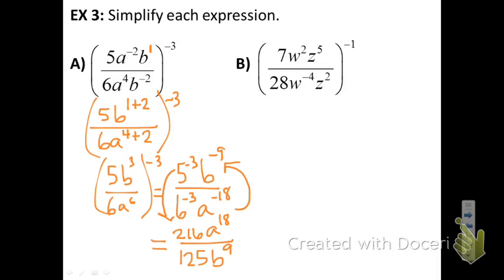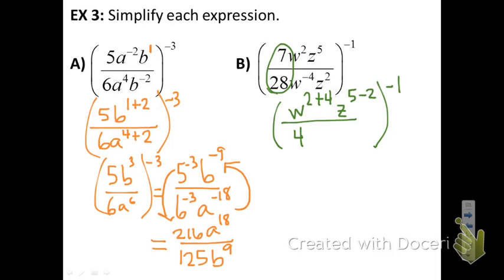Okay, again, we're going to start within our parentheses here and see if we can simplify. Right here, the 7 and the 28 will simplify. 7 divides into 28 4 times. The w squared is greater on top than the negative 4, so we're going to bring up the negative 4. When we bring it, we subtract it, so it's 2 minus a negative 4, it becomes plus 4. And the z is also greater on top, and we're going to subtract the 2, and this is all to the negative 1. I'm going to rewrite this. w to the 6th, z to the third,